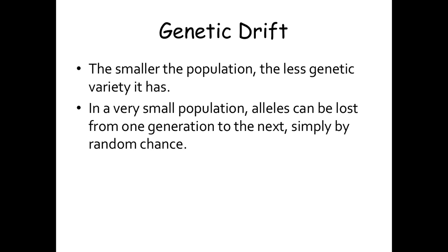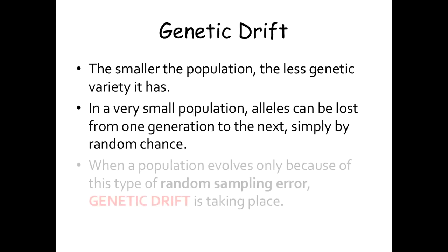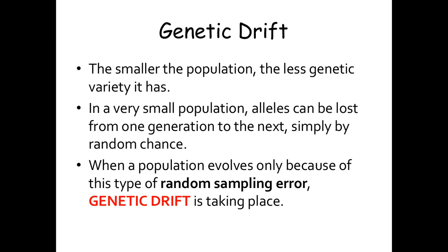So we'll talk about another aspect of deviations from Hardy-Weinberg when we talk about natural selection. Natural selection is not the same as genetic drift. Genetic drift has nothing to do with any selective pressure. It is just a matter of math. It is random chance that you lose or fix an allele. When a population evolves only because of this random sampling error, you have genetic